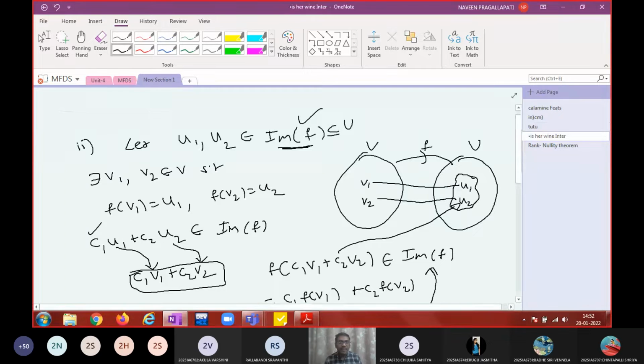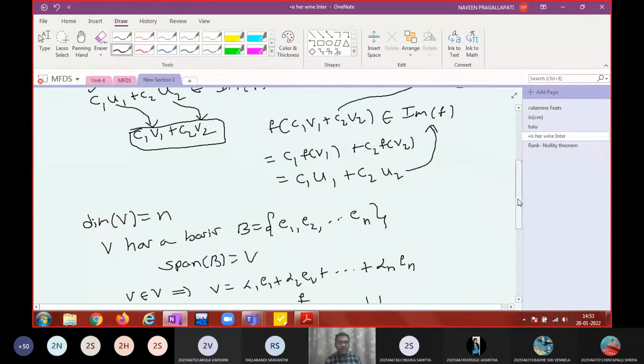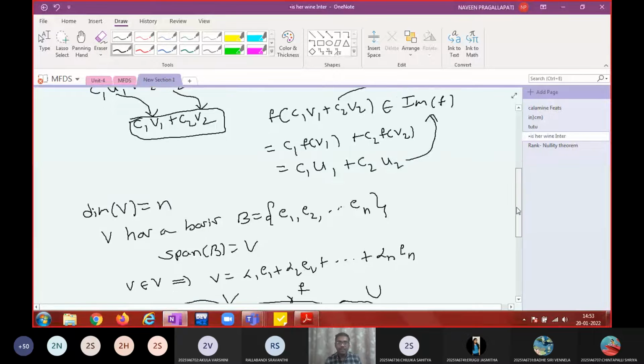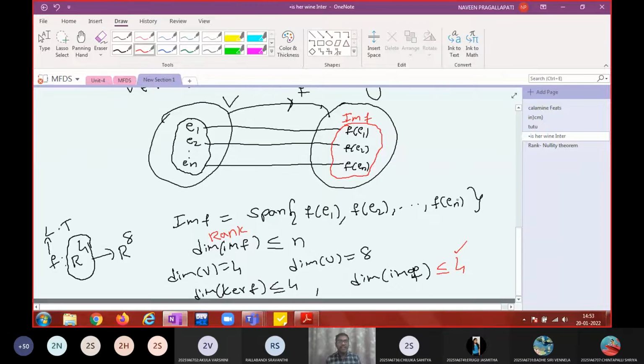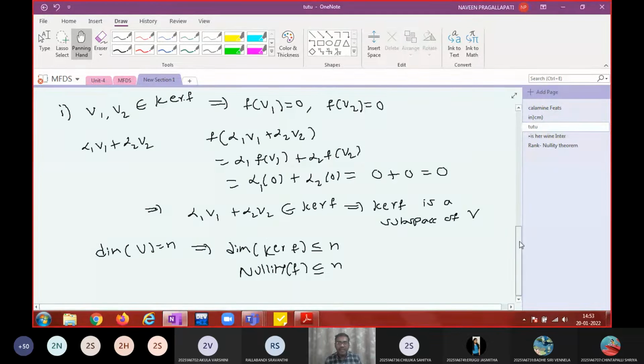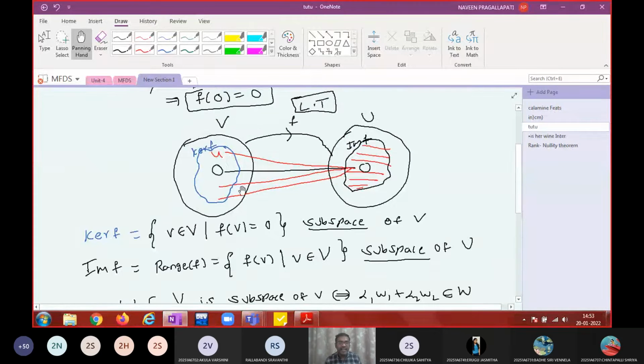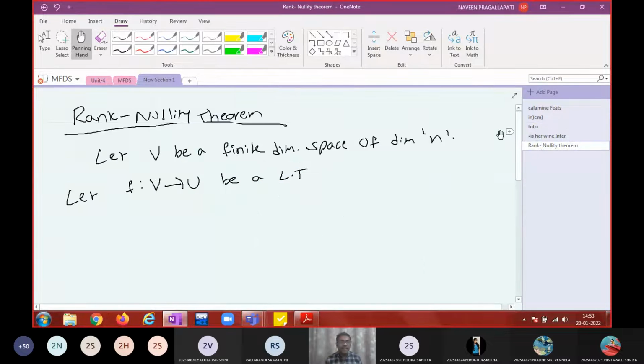The image space is also a subspace, and its dimension is called rank. So the dimension of the image space is called rank, and the dimension of the kernel is called nullity. Then what the rank nullity theorem says is that